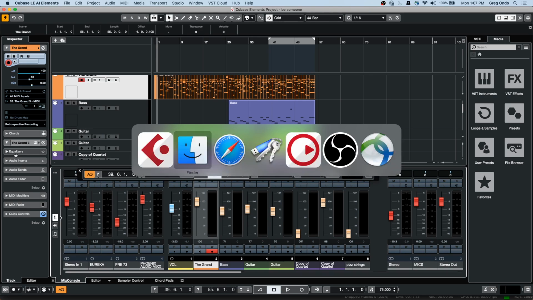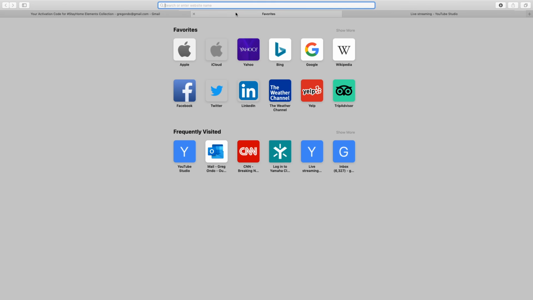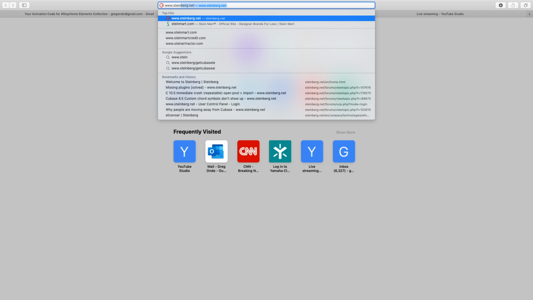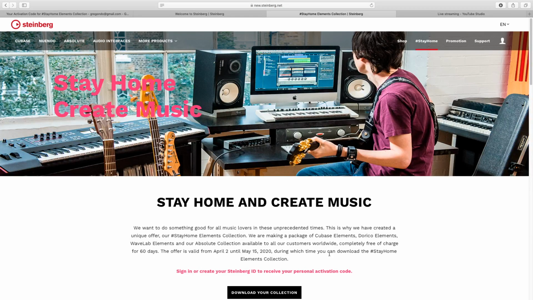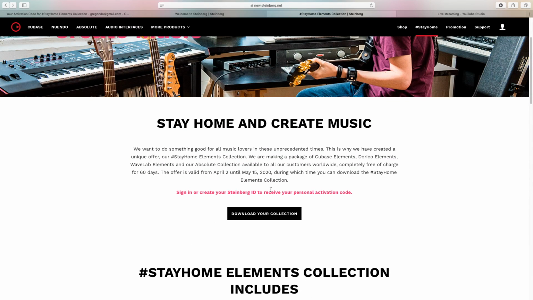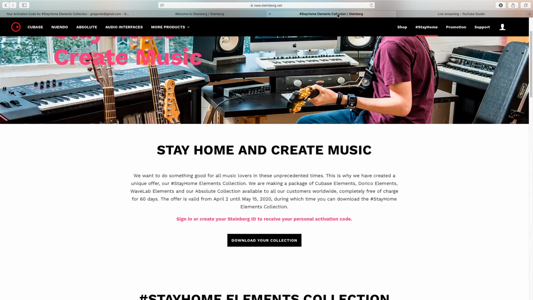If you go to the main Steinberg website, steinberg.net, you'll see this Stay Home Elements collection. You can click directly from the main site. What you need to do is start off by making a Steinberg ID, which is just like an account, and then you can receive your activation code. This will take you directly to a link where you can set up your My Steinberg account. Once you have that created,